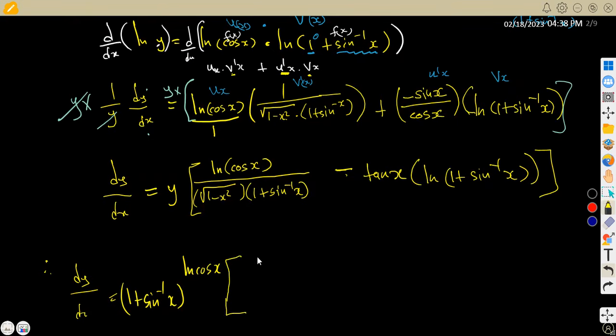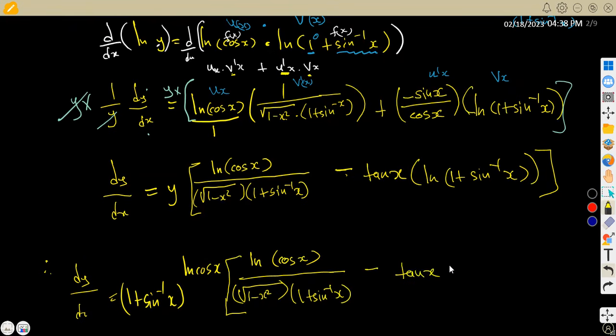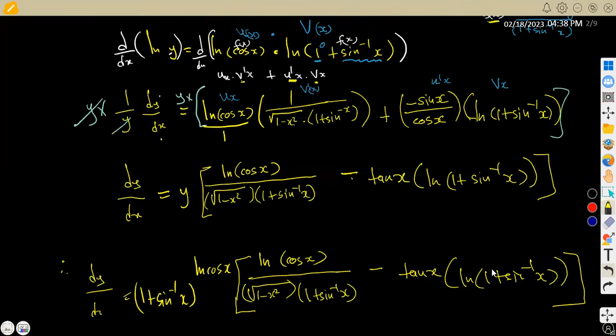That is the ln of cos of x, everything over the square root of 1 minus x squared, into 1 plus arcsine of x, all right? The negative tan, so this is negative tan x into ln of 1 plus arcsine of x. All right, so this is what you're going to have at the end as the derivative of y with respect